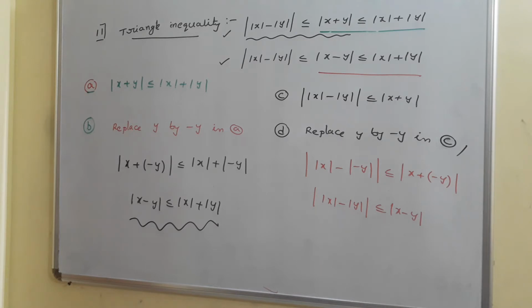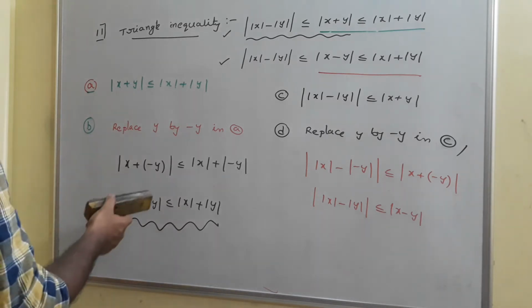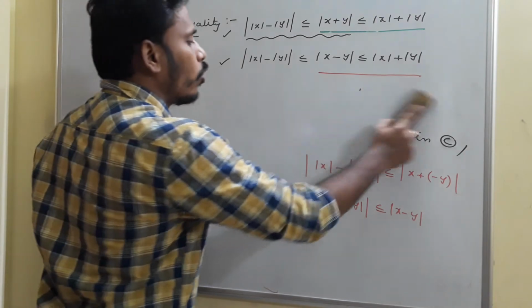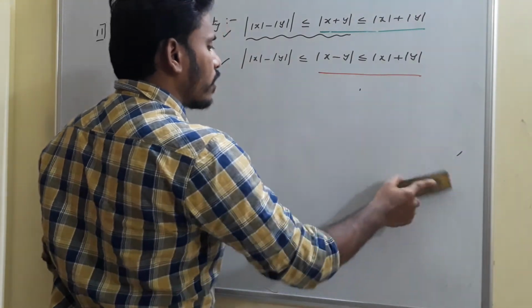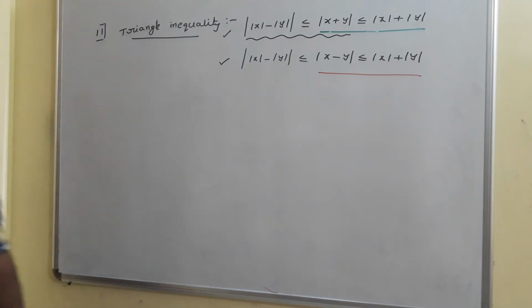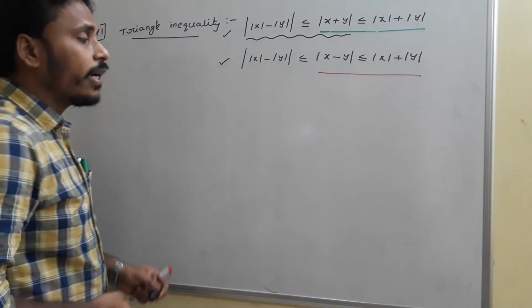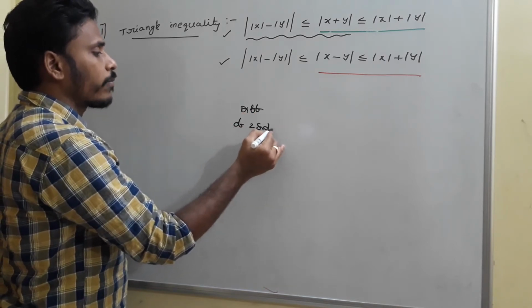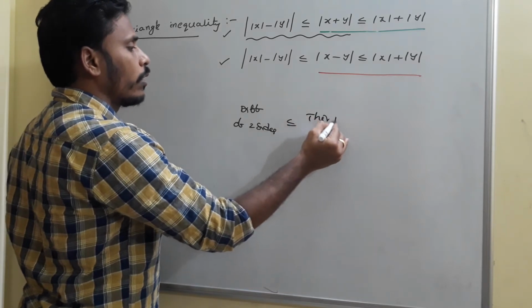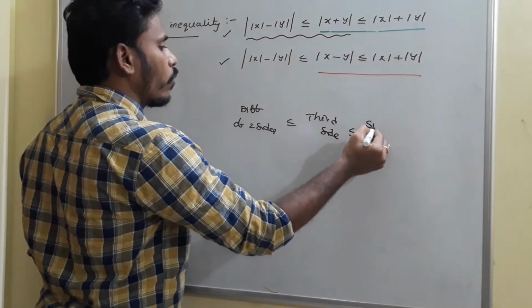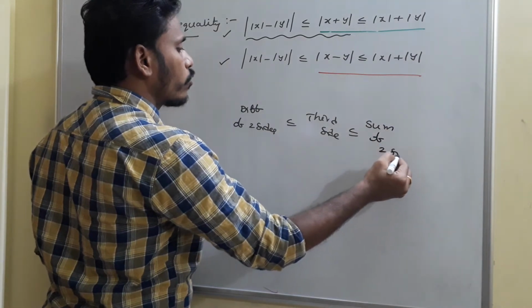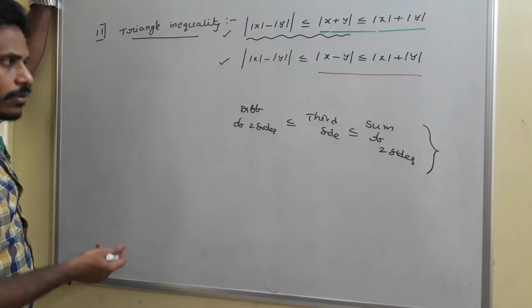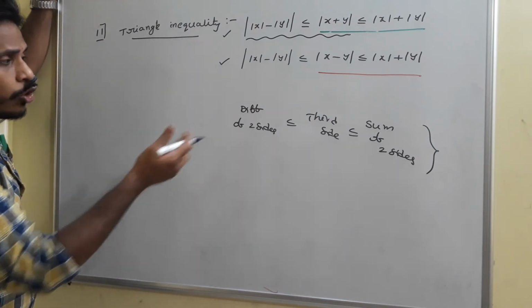And at the end, we have two statements related to the triangle inequality. And why are we calling it a triangle inequality? Because we know that in a triangle, the difference of two sides is less than or equal to the third side, which is less than or equal to the sum of the two sides. In any triangle we have such a relation. What is that relation? Difference of two sides is less than or equal to the third side, which is less than or equal to the sum of the other two sides. This is a very basic and useful triangle inequality. Okay, it is there in triangles, since a triangle has three sides, and the relation on those three sides is this.